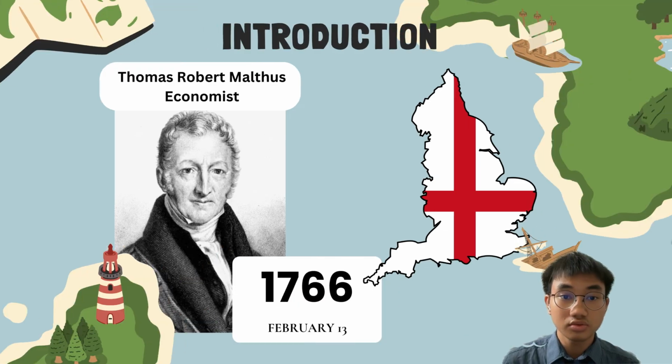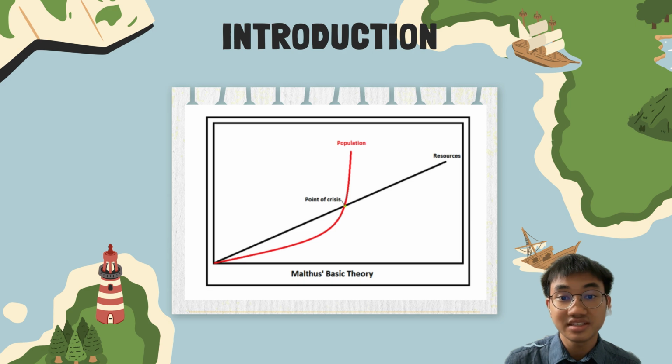Our work is rooted in the Malthusian model, proposed by Thomas Robert Malthus in the late 18th century. Malthus observed that populations tend to grow exponentially, while resources such as food and land grow only arithmetically. This imbalance, he argued, would eventually lead to shortages. Although this model doesn't account for factors like immigration or economic development, it provides a useful starting point to understand